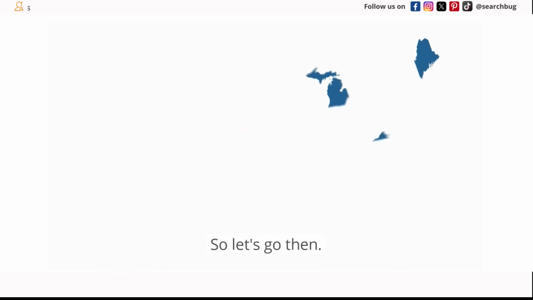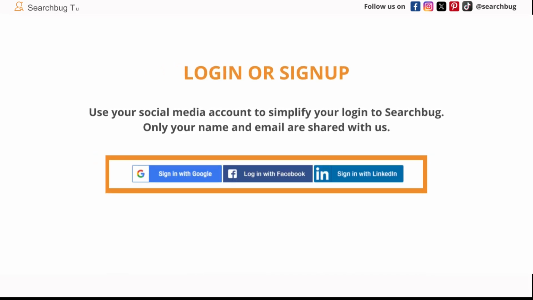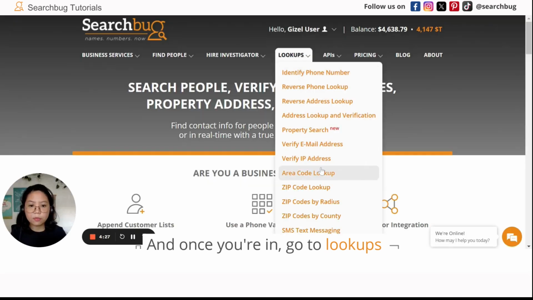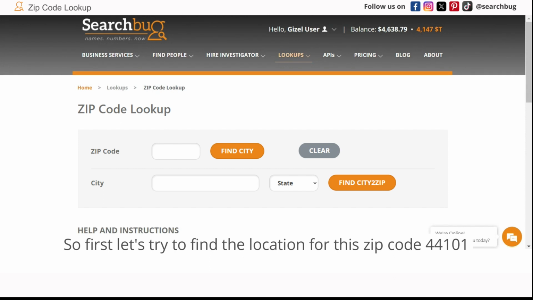So let's move in. Go to searchbug.com and log in or sign up for a free account. And once you're in, go to Lookups and then zip code lookup. Okay, there you go. So first, let's try to find the location for this zip code